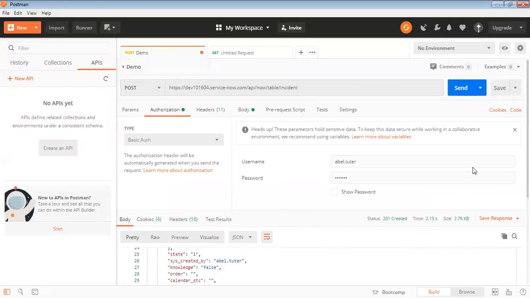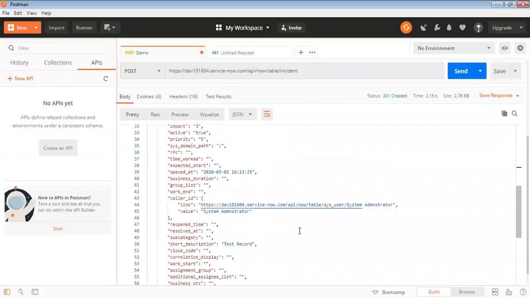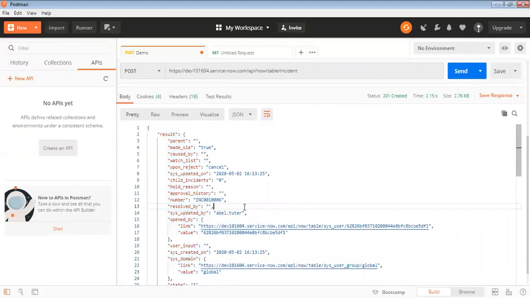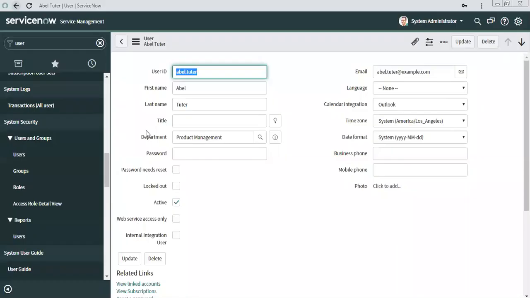If I see this response, here is my number in the response. So if the third party tool or Jira wants to save this number for future reference, they may get it from the response and save it. Now let's go to ServiceNow again and see whether this incident is created or not.